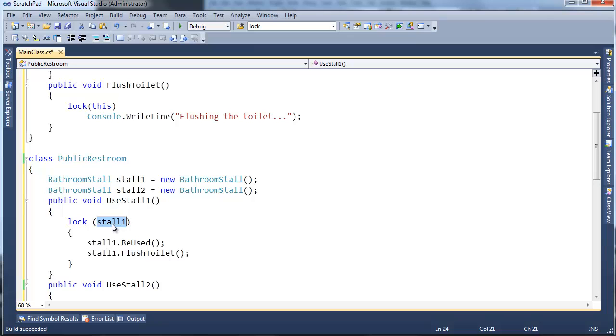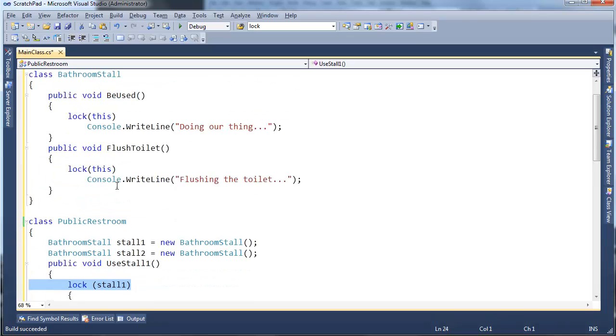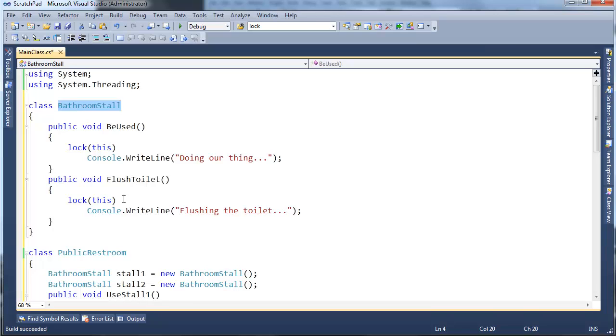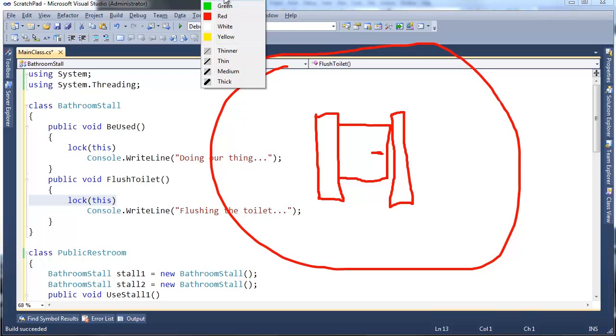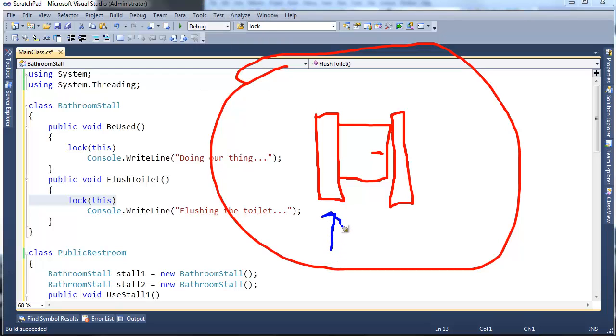Okay? This public restroom can lock stall 1 just as well as the actual bathroom stall will lock on this. Let me slow down a little bit and see if I can explain that a little better. Here's our stall again, and when I lock on this, I'm locking on this instance of the bathroom stall. This, this, THIS